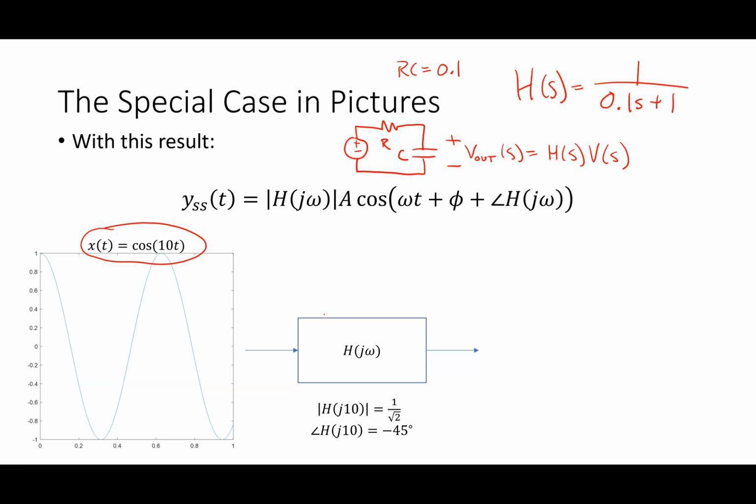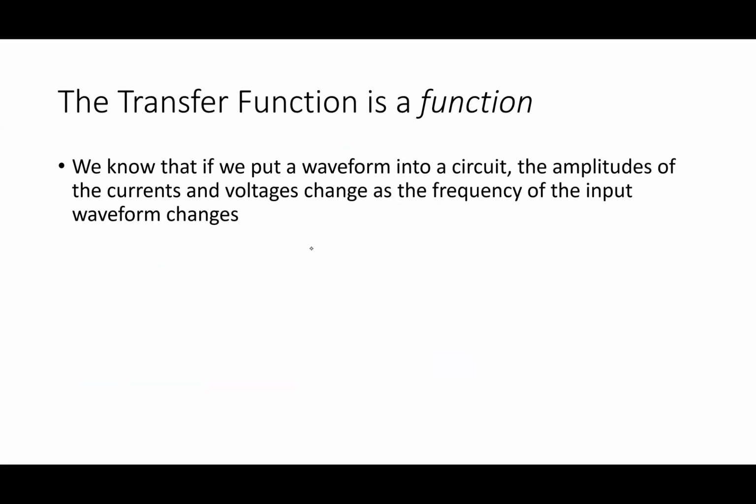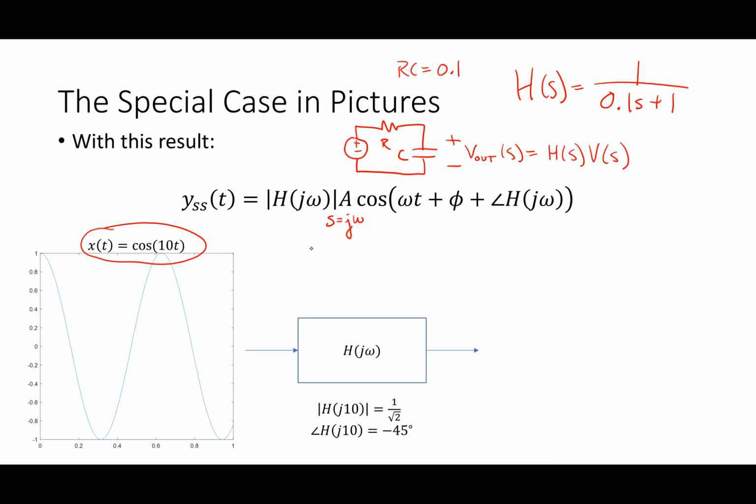Well, what I'm doing is I'm saying, all right, go to that transfer function. If I have a sinusoidal input, I let S equal to J omega, and I plug that into the transfer function. So I say H at S equal to J omega. So in this case, that is